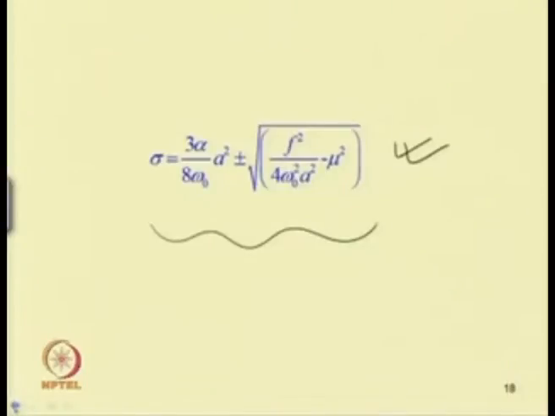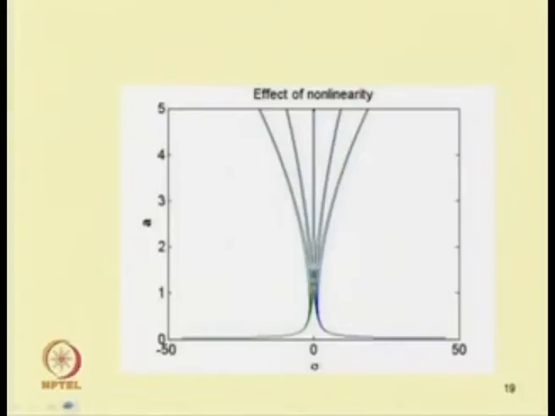So, the purpose of recalling this equation is that when we solve for the system with both cubic and quadratic nonlinearity, we will get a similar equation whose solution also will give rise to this type of response, where the response may be of softening type or of hardening type depending on the value of alpha. If alpha is positive, one can get this hardening type of response, and if alpha is negative, one can get this softening type of response. These correspond to alpha equal to 0, where the response is linear.